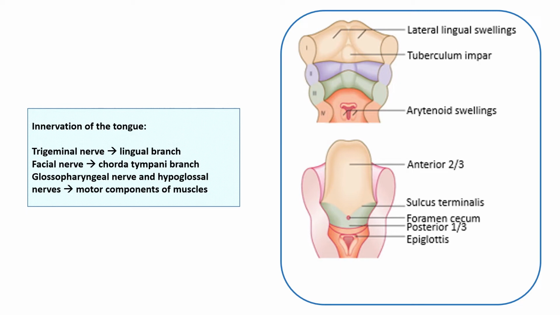So it makes sense that it would get its sensory innervation from the nerve that's associated with the first pharyngeal arch, which is the trigeminal nerve, or more specifically, the lingual branch of the trigeminal nerve. Of course, remembering though that taste sensations are actually supplied by the chorda tympani branch from the facial nerve. Now, what about